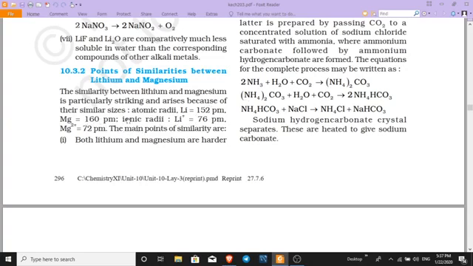Now, talking about ionic radii, lithium positive has 76 picometer and magnesium 2 positive is 72 picometer. It's more closer, like only 4 picometer difference. Now 1 picometer is very much small. What are the main points of similarity? Let's see. First, both lithium and magnesium are harder